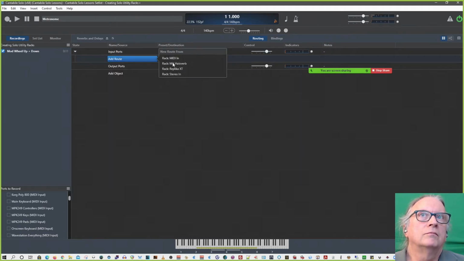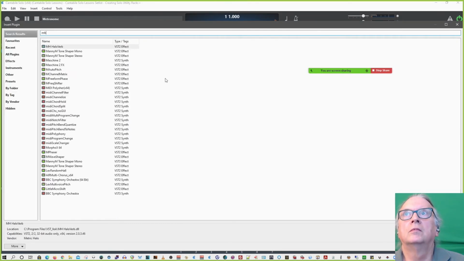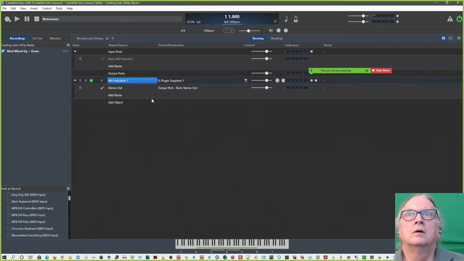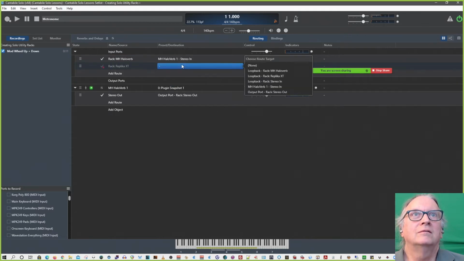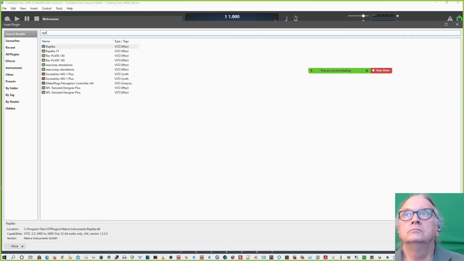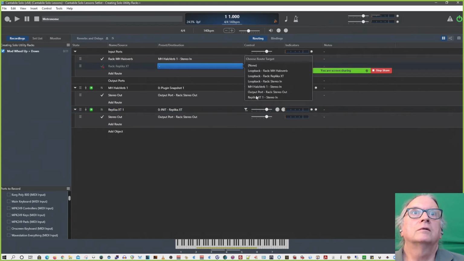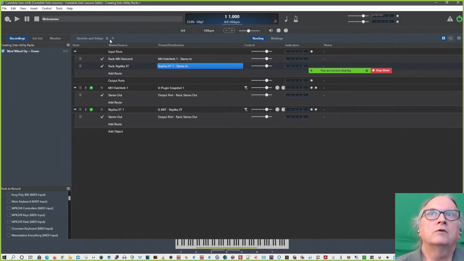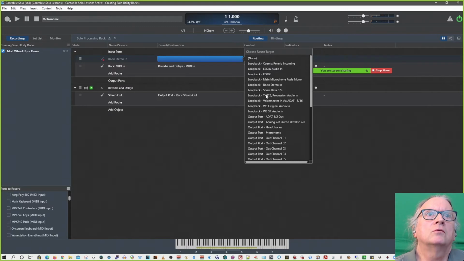You can add a route to the Halo verb, and you can add an object, the Halo verb, and send to Halo verb. Ta-da! Same idea, Replica XT, and just add an object, plugin, and there's Replica. And so I send to Replica. Ta-da! So now we've got this thing that I can send my rack stereo in and send the one out